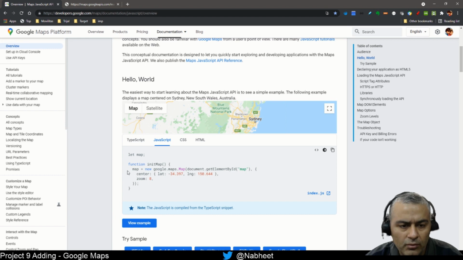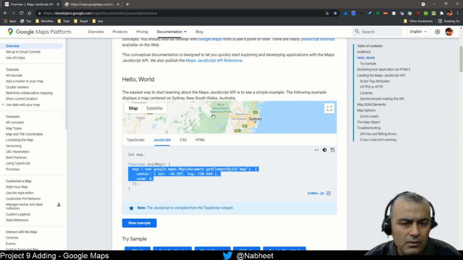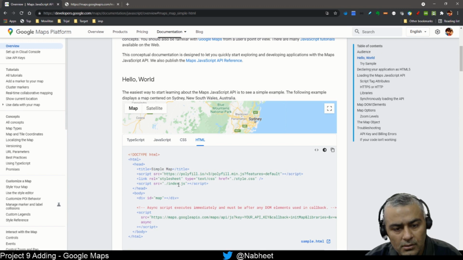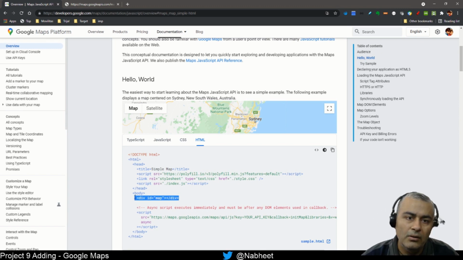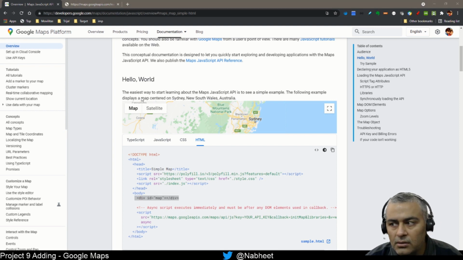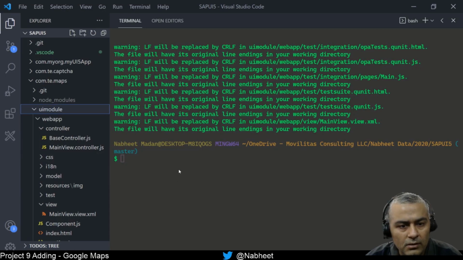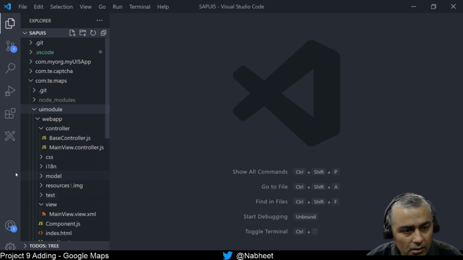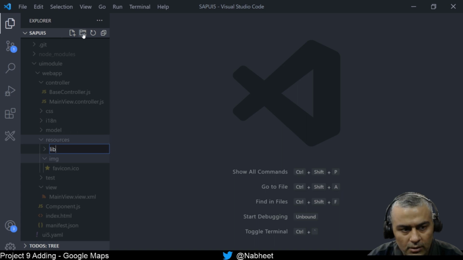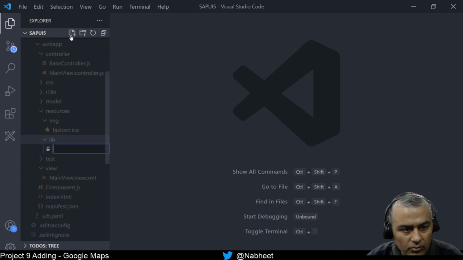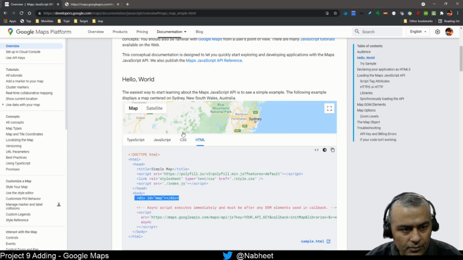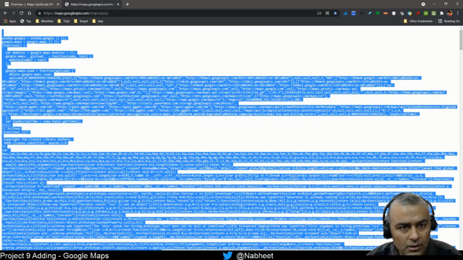Once that is loaded via manifest.json, all you need is this to load a map. Plus I believe you need a div also, like we have added a div for our barcode. So it'll be on a similar line, but we'll keep exploring. First let's do it this way. Maybe let's hide this for the time being, and I will create a folder here and call it lib. Under lib we have maps.js, and in maps.js we copy this